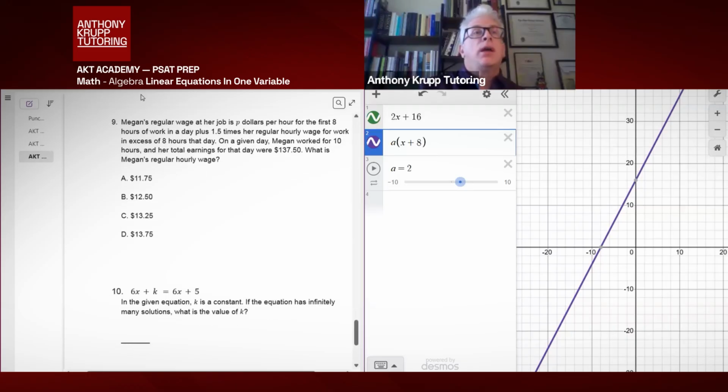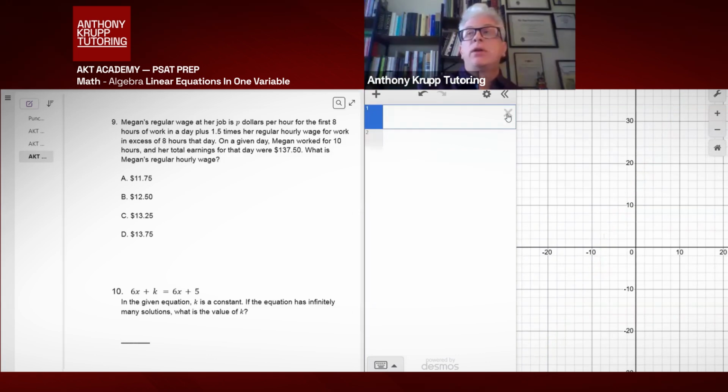9 looks annoying. And by the way, not that we have all the time in the world here right now, but imagine you're taking a test and you're stressed out and you only have a few minutes left. You might skip 9 initially and go do 10. Let's see what happens here. Well, actually, so looking at 10,